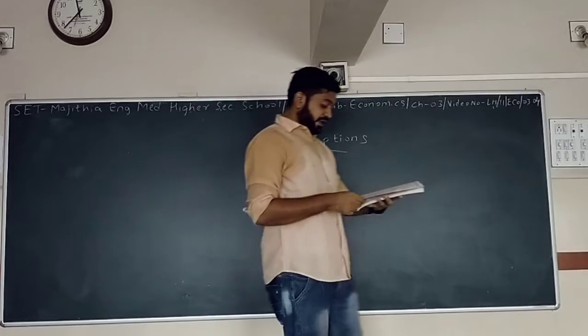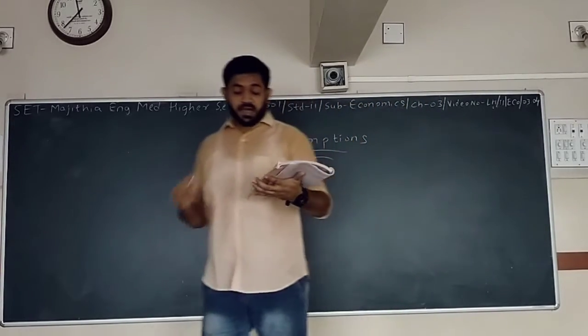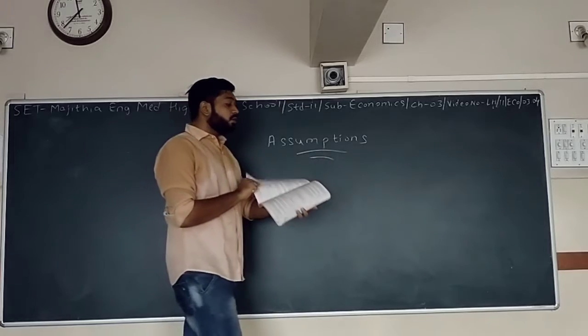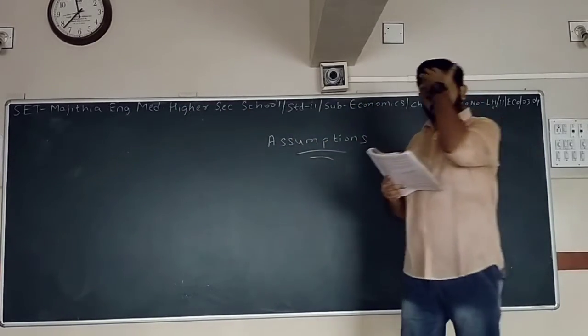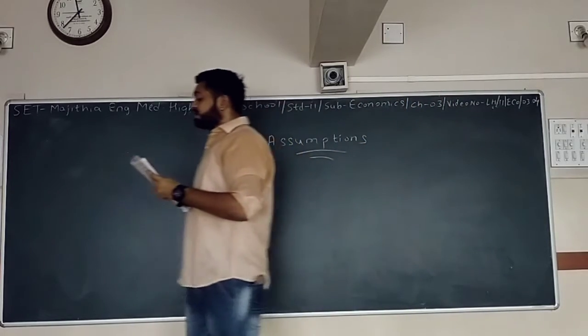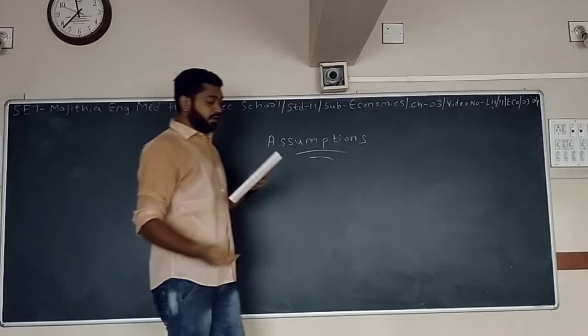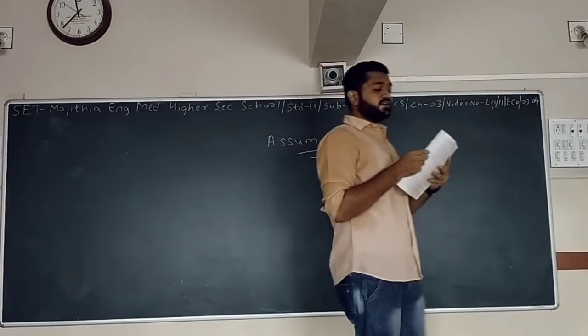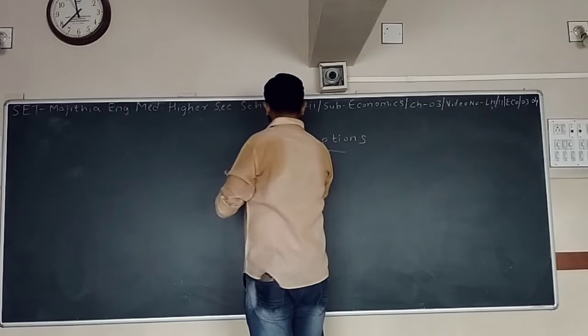So next are the exceptions. Exceptions of the law of demand, that means when the price of the good falls, its demand contracts instead of expanding, and vice versa, the price changes create the demand to change in the opposite direction. Since the exceptions of the law of demand are stated, what is the exception? So now they have specified the exceptions.